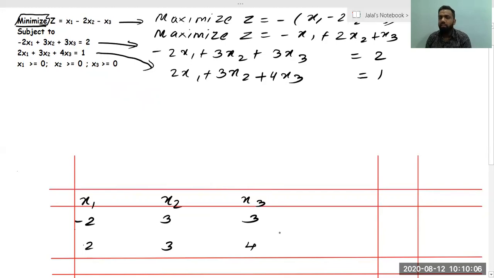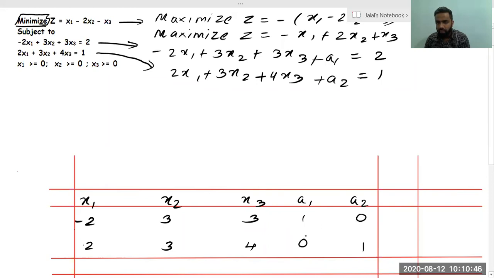We can see we cannot start the iteration, because for starting the iteration we need to make the entry of basic variables, and the basic variables should always form an identity matrix. So in this case, we have to add artificial variables so that we can at least start with the solution. Since both the equations did not have any slack variable and both were equal to, not greater than or equal to, we had to add artificial variables. So we will write a1 and a2. The first equation will have a1 as 1 and a2 as 0. The second equation will have a1 as 0 and a2 as 1.